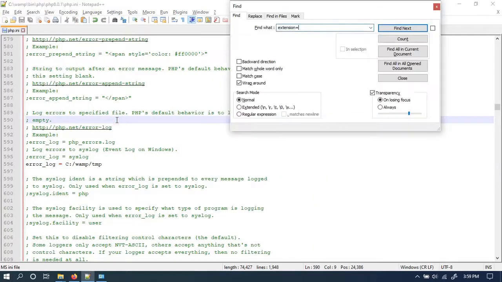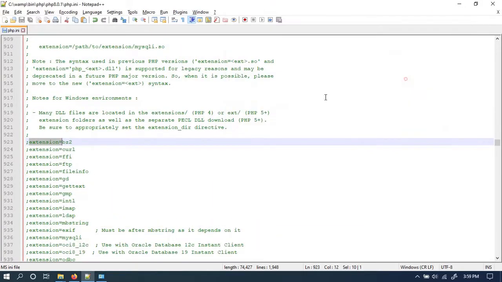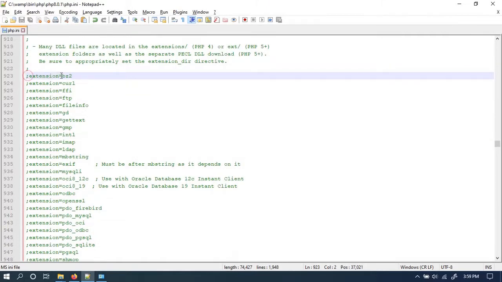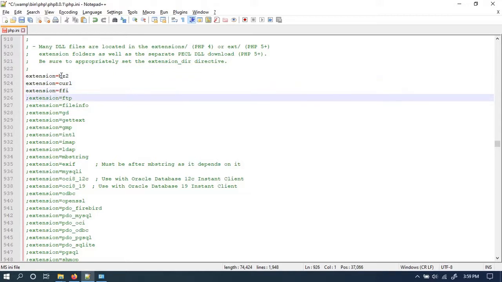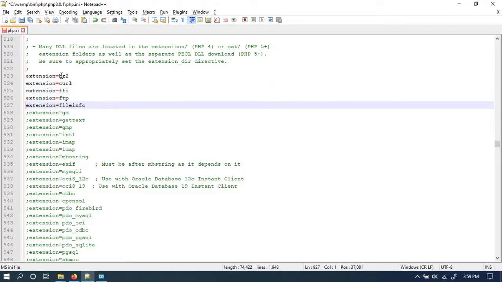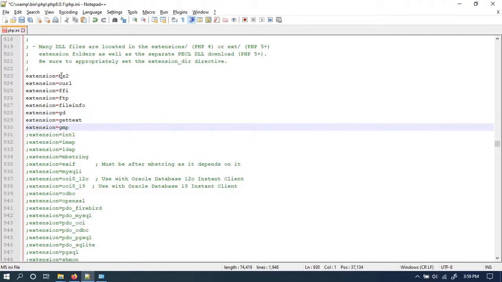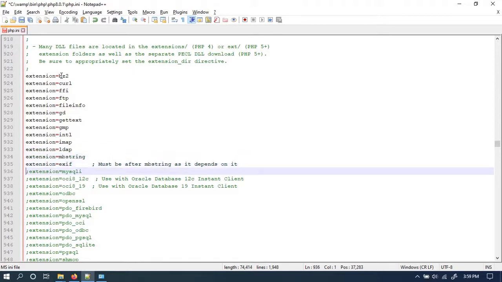mentioned in this php.ini file. So you see here, these are all the PHP extensions. Okay, we need to uncomment them one by one. I mean, the extensions that we want to keep, we need to uncomment, and if we don't want to use that extension, then do not uncomment.